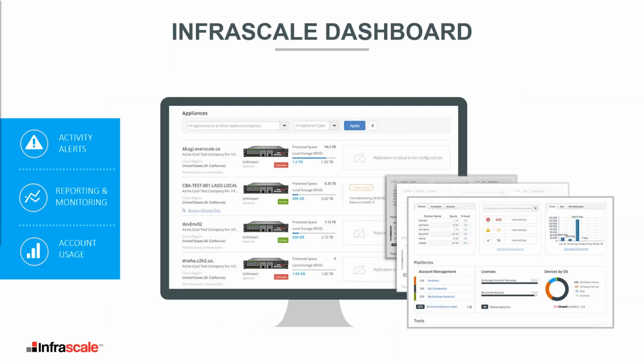It provides you a unified management console for all of your data protection and cloud storage. It doesn't require VPN access. From here, you can log in even on your tablet, and you can view activity alerts. You can access reporting and monitoring. You can manage retention settings for compliance here. And you can control remote deployment as well. You can use our MSI to deploy anywhere in the world.